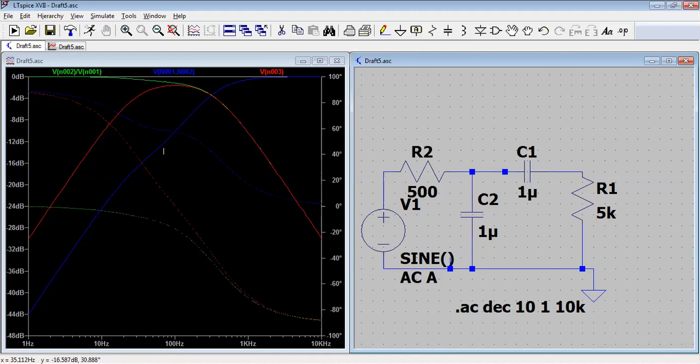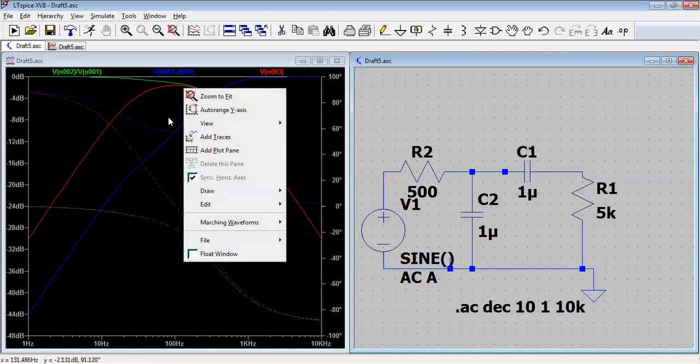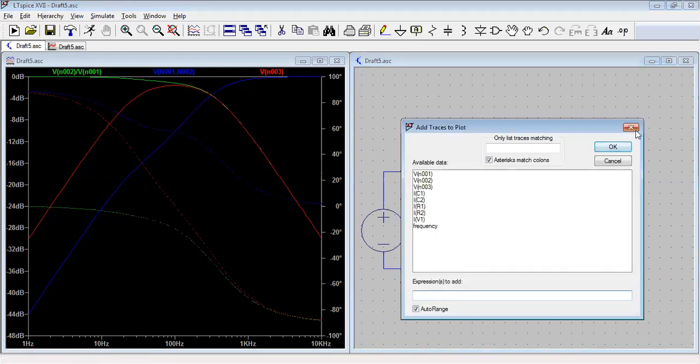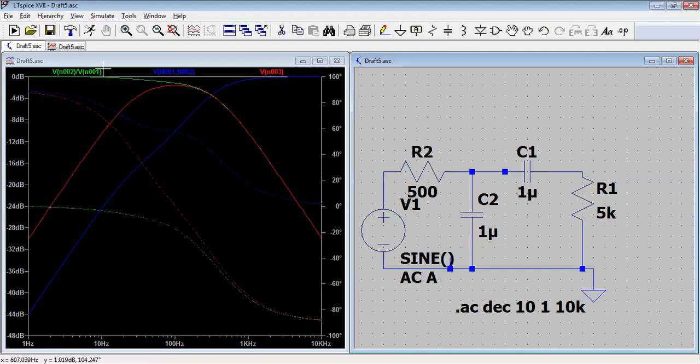You are able to get enough knowledge of how my filter will work, how the response of my low pass filter will be, how the response of my high pass filter will be, and how my band pass filter will be. If you want to add the trace, you can add the trace also. Okay. You can also add the cursor.